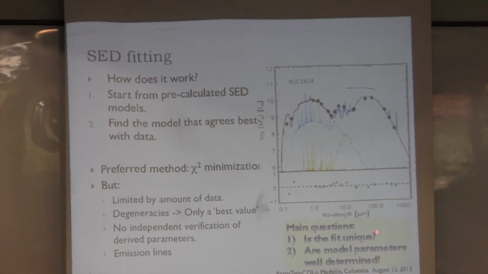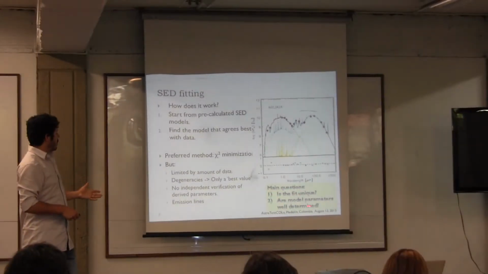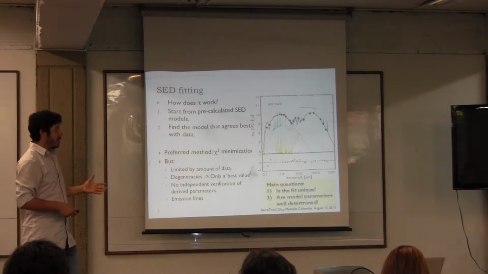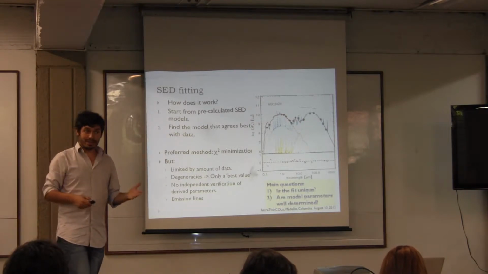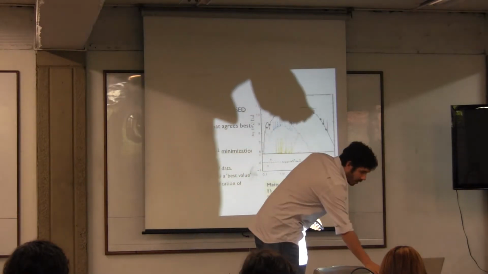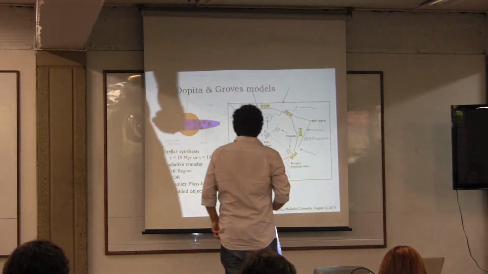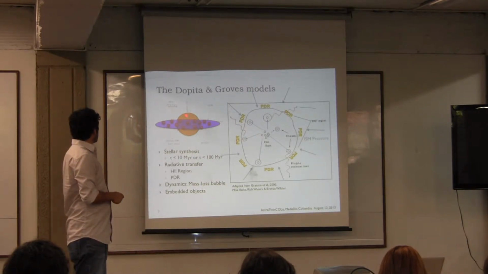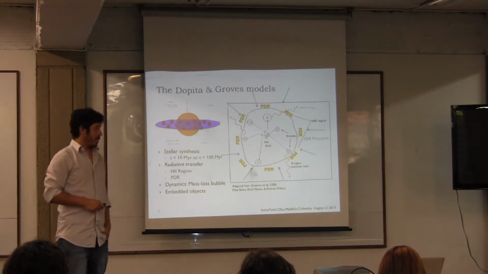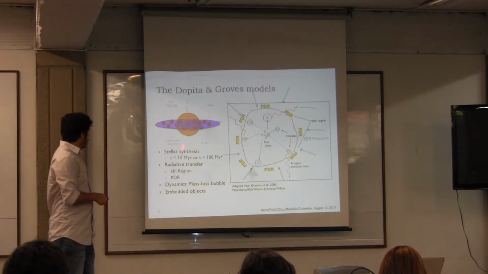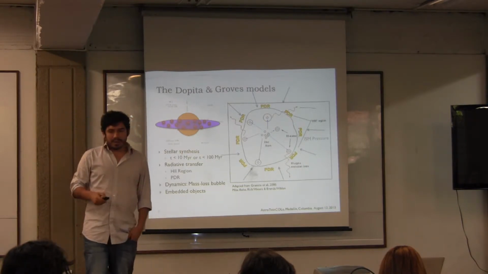So we want to try to find different ways to answer the questions. Is that fit unique? Is that the only solution? Is that the more likely solution really? Are the parameters we're deriving actually describing our system? So we have adopted a particular set of models that were originally described by Dr. and later improved by Frank Rose to understand this system.